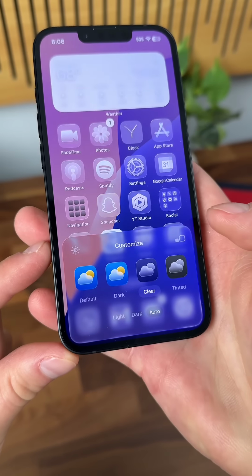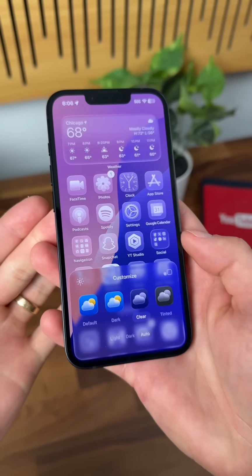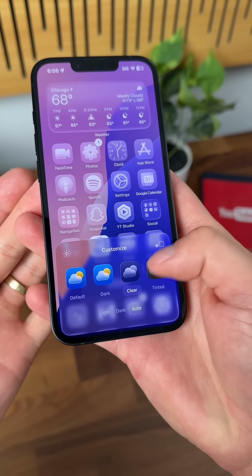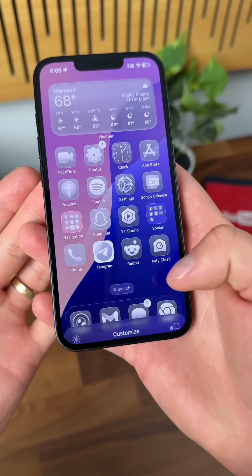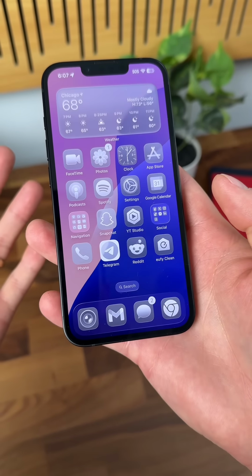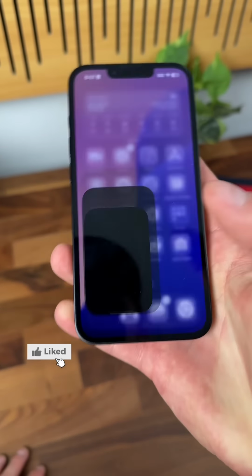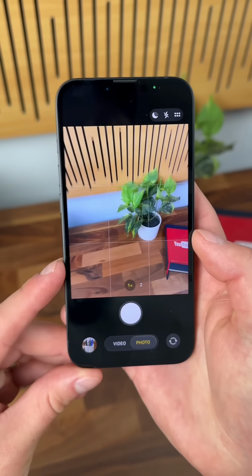Now, the big one, if we go to clear, check it out. There's that clear style. It will make all of these apps like that. We can also go to tinted and fully customize how you want them to look. I'm going to stick with clear just because that's what's new, but let's jump into that brand new camera app